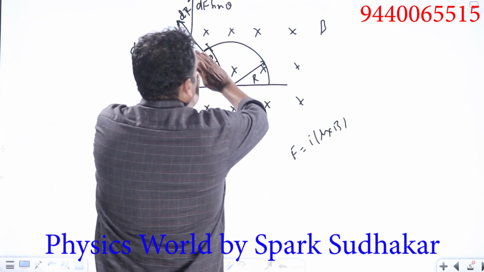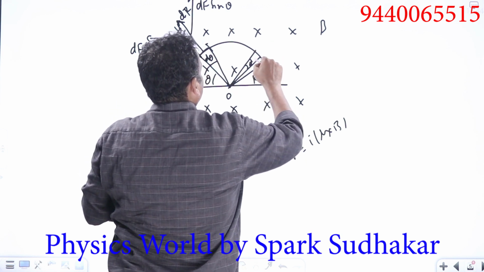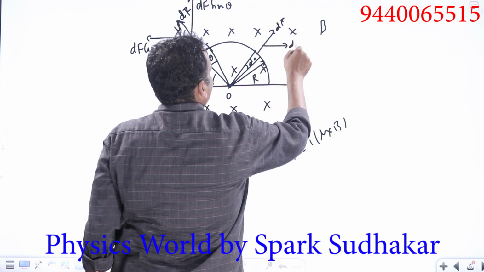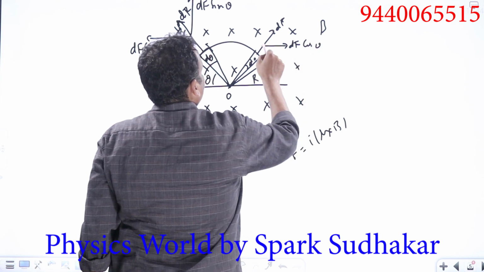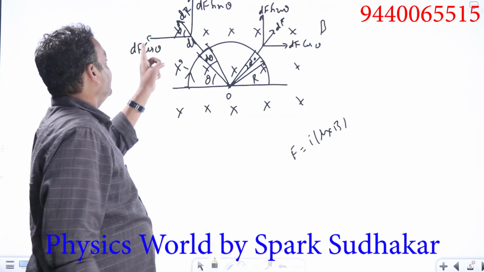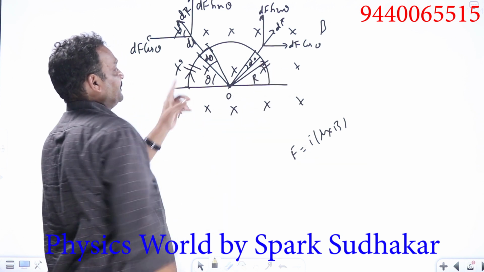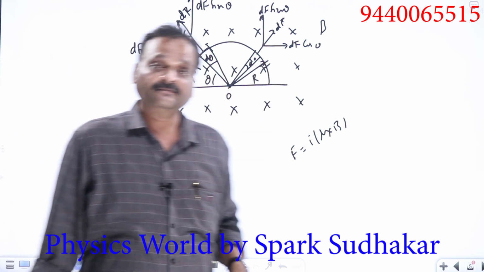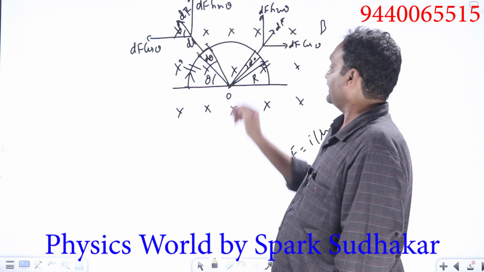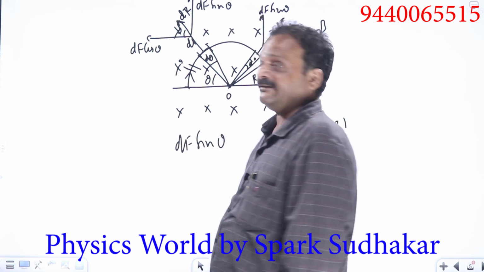Now if you consider the exact symmetrical point of the same element of length dl here subtending an angle d theta, this df will be like this. If I resolve this into two components, this becomes df cos theta and this becomes df sin theta. Now look at df cos theta components. These two are equal and opposite. Like that every point will have a symmetrically opposite point where df cos theta components will get cancelled out or neutralized. So the total force is only due to df sin theta. So the resultant force is only due to the sin theta components, df sin theta.